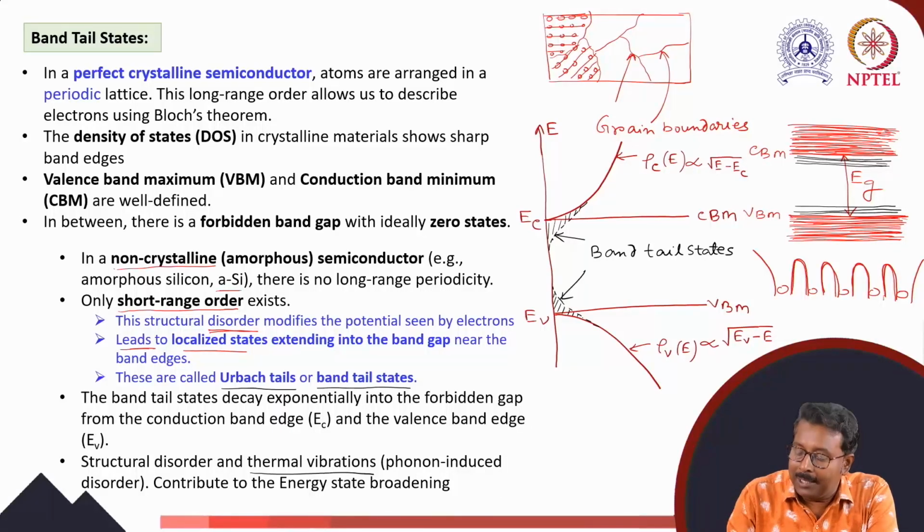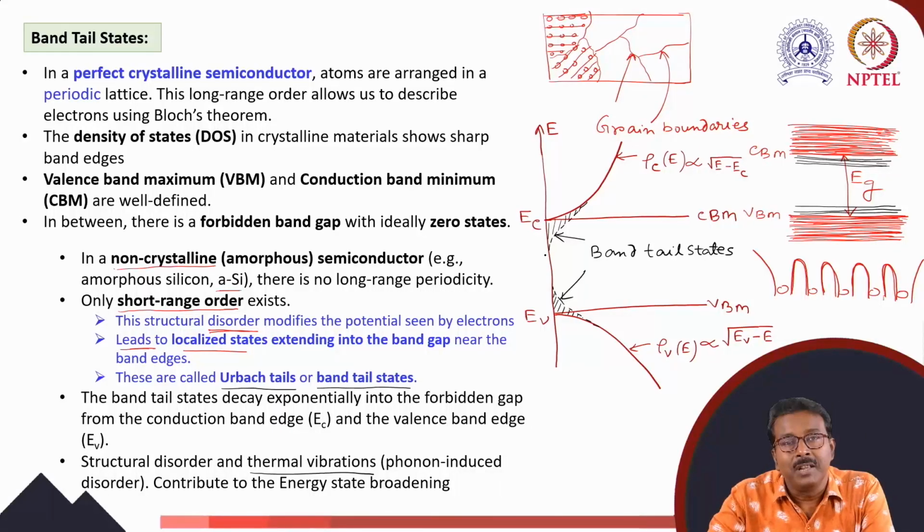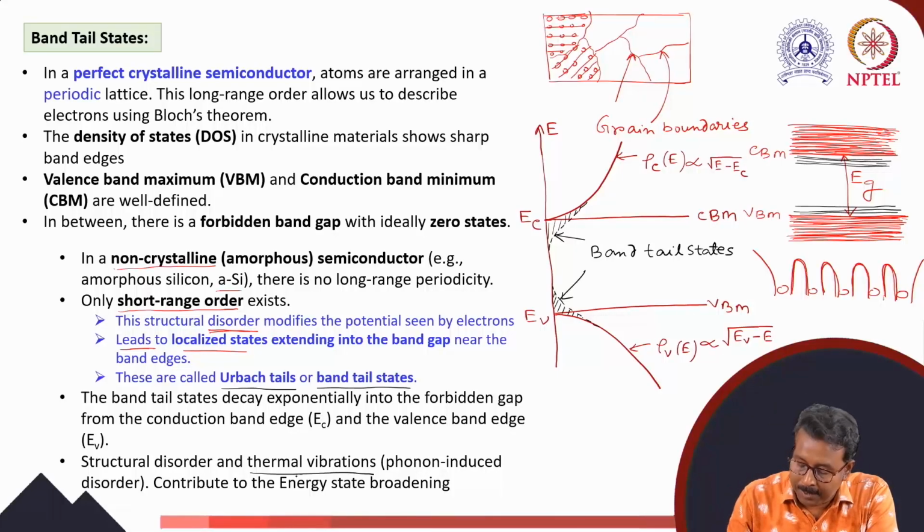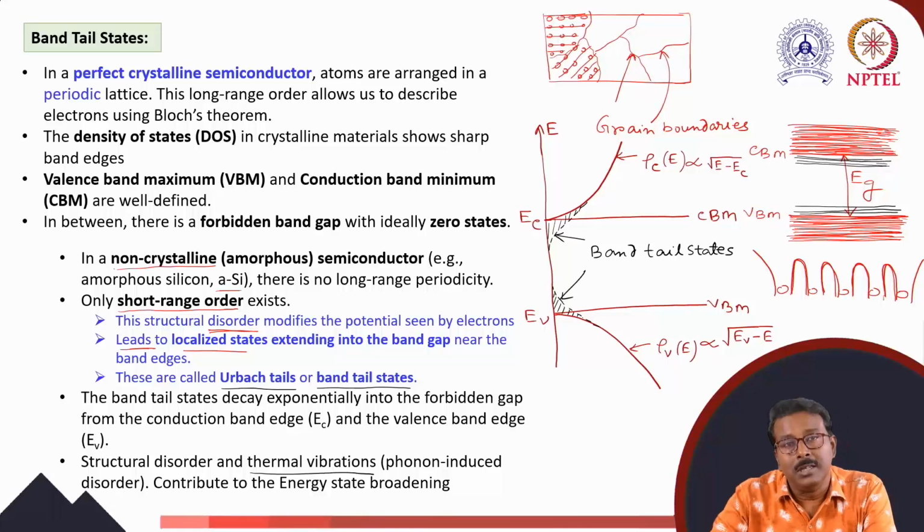So these band tail states come not only from structural disorder, but also from phonon induced disorder. And this broadening of the density of states inside the forbidden gap will result in an absorption tail, because